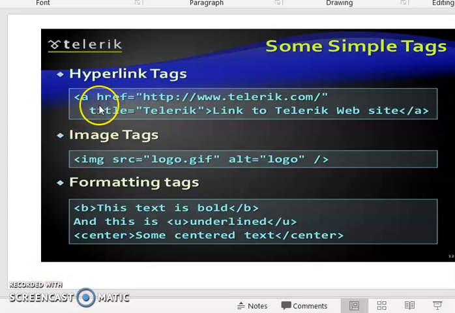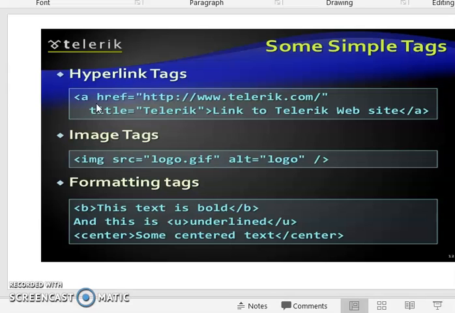So a hyperlink tag can be included in the HTML page. If we want to create a link in our web page, then we use the hyperlink tag.